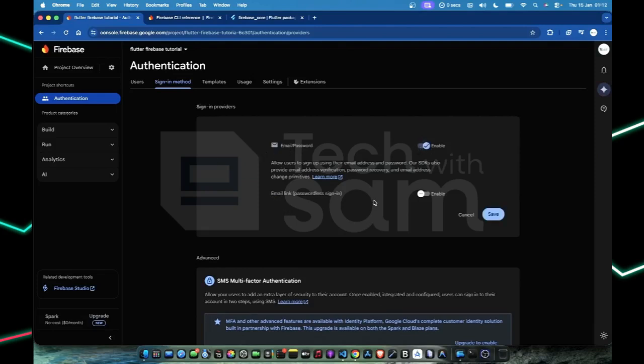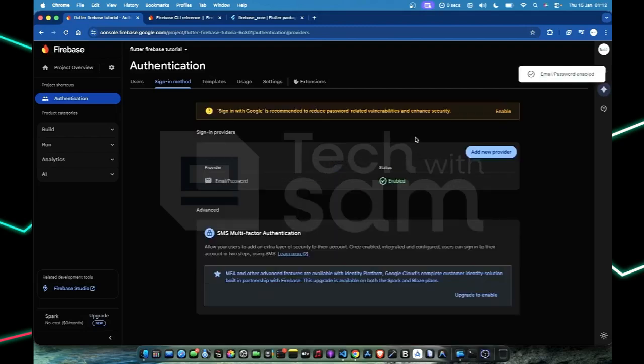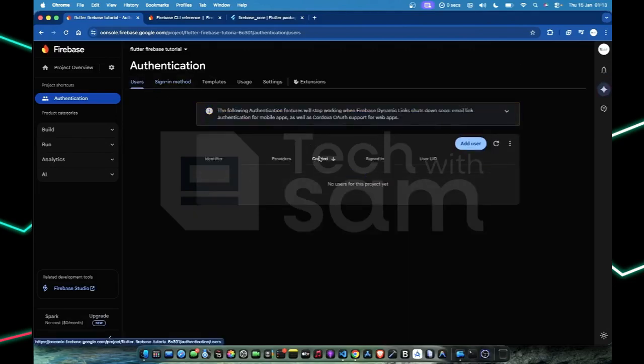For email link, if someone just wants to get a link, all those platforms just ask you to submit your mail. Once you submit your mail, a link will be sent to it, and from that link is how you get access. If you want to set that up, you can just enable it. For our current setup, we won't be using it, but we can still enable it like this. We already have email and password enabled, so we can make use of that in our Flutter